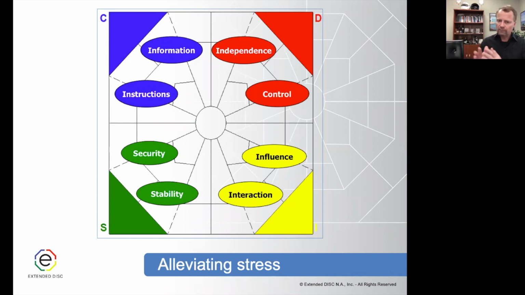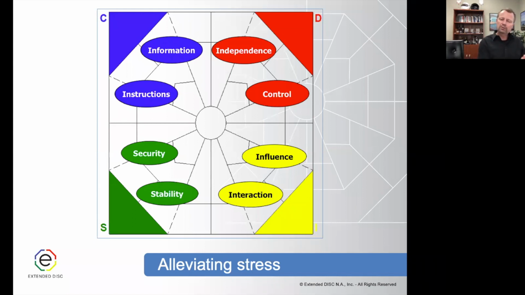Of course, we have to keep in mind what we're trying to accomplish, but give them as much independence as you can. I styles, you need to make those phone calls to make sure that they feel they have that opportunity to talk about things. And if you're not an I style manager or a coworker, yes, it will take some effort and energy for you to increase your I style, but you've got to do it.